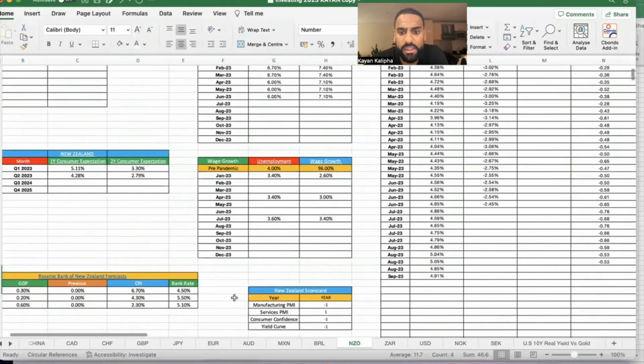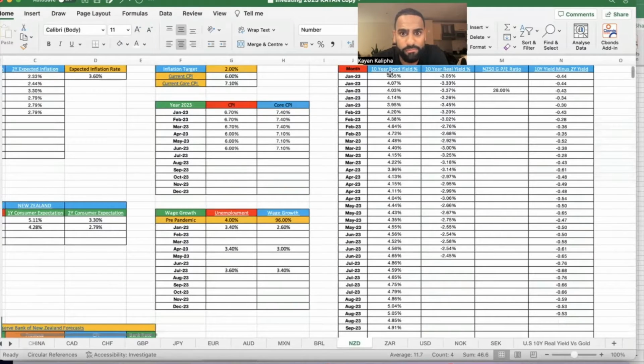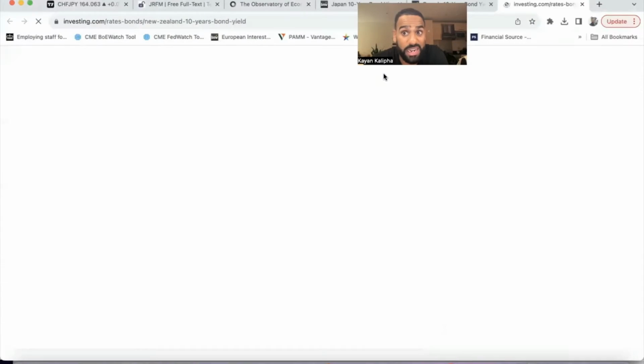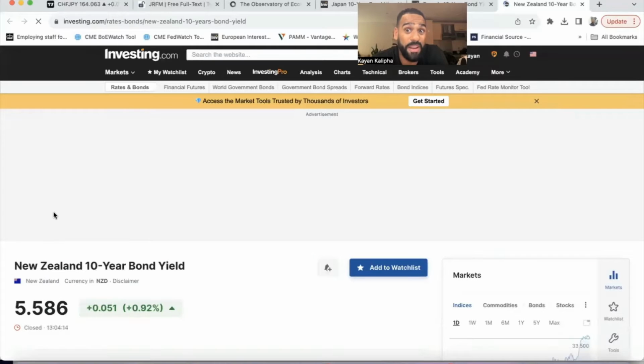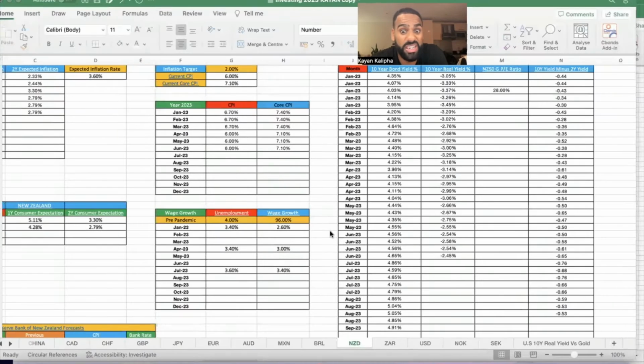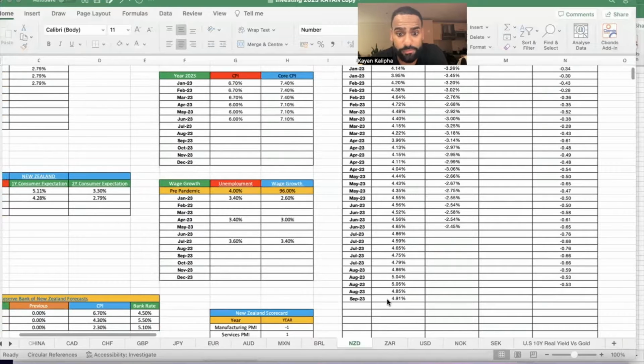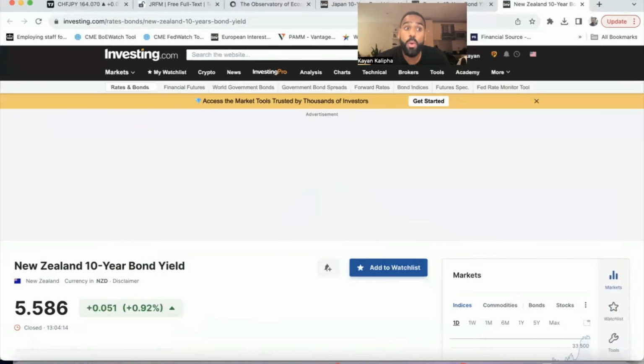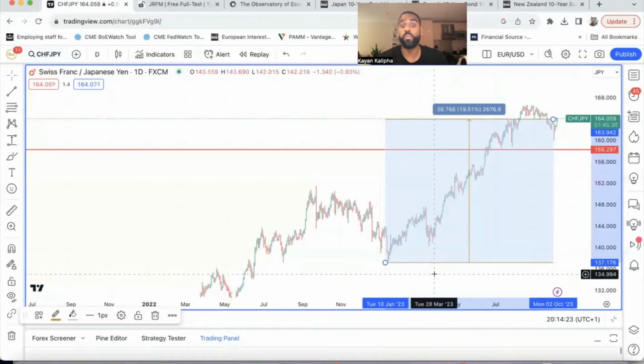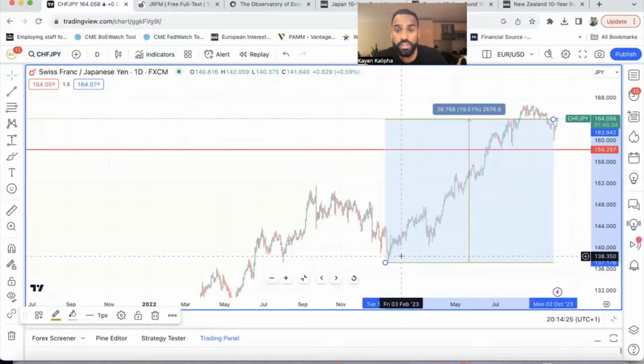Okay, so you can see, look at New Zealand's rate, even higher than the US on the last one, 5.58%. New Zealand's got a higher rate than the United States right now. So think about it. What are you going to do? You're going to put your money in Japan? No, obviously not. So the low interest rates in Japan is the reason why, as other countries are raising rates,